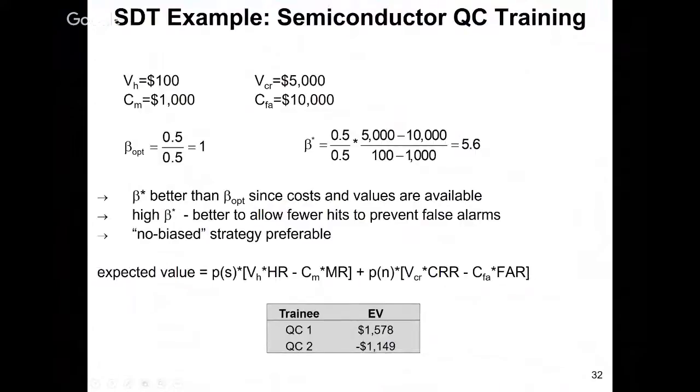All right, so here we have the optimality, and we get a high beta. So the value of a hit is not that high, and the cost of a miss is fairly high, but not that big a deal. Whereas the value of a correct reject is pretty high, and the cost of a false alarm is even higher. So I guess if there's a false alarm, maybe they have to go through a big, huge,